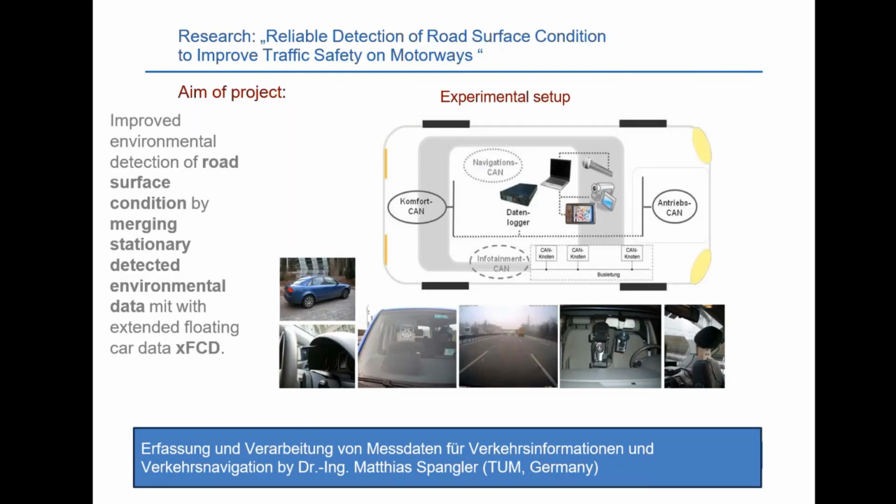This was the typical traffic example which was initiated in Munich, Germany. So the information resulting from the fusion process was put into the experimental setup. As you can see here, the aim of that project was how we can improve, and second detect, the road surface condition through the FCD.